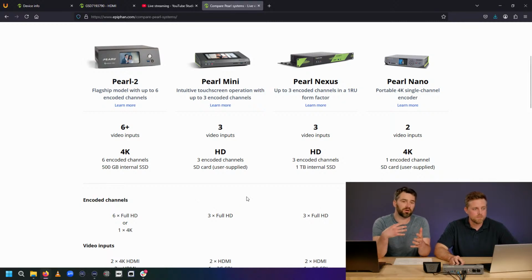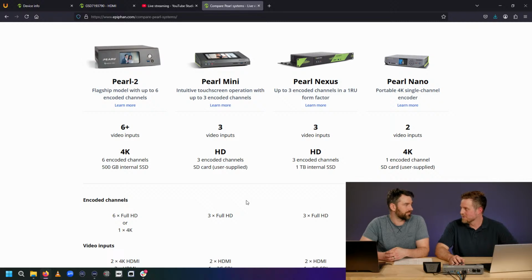And then depending on the resolution and frame rates, you can expand that. Our recommendations are fairly conservative, especially for Pearl 2. Yeah, we don't stop you from adding more channels. No. What will happen though is if you try to run 6 channels on a Pearl Mini, you're going to start dropping frames on those encodings, right? Because your processor is going to be at 100% usage, and you're going to drop some frames.